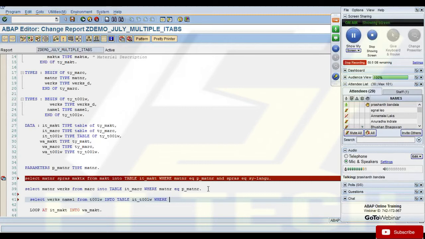So for the time being, one option is that you can write a select single within the loop, like the other example we were doing earlier. But the idea is to avoid these nested selects, and we always try to avoid writing selects within loops. Again, that's bad from a performance point of view.